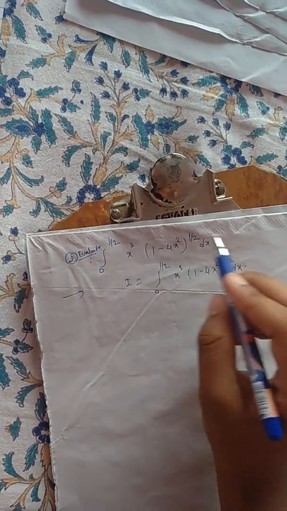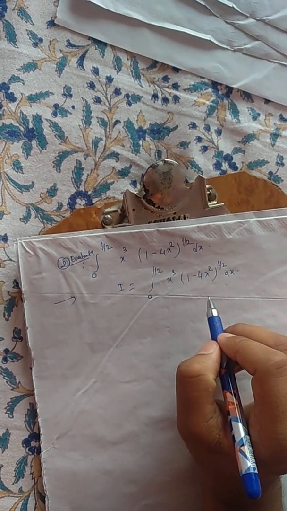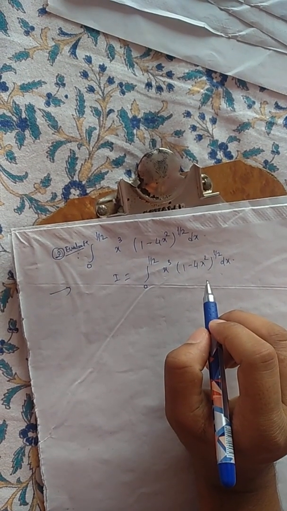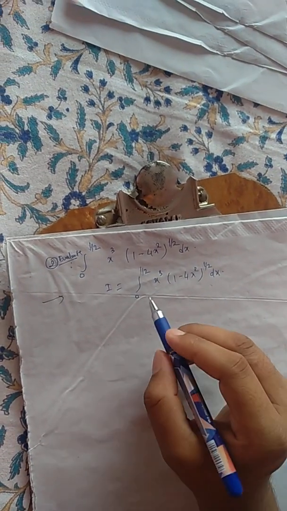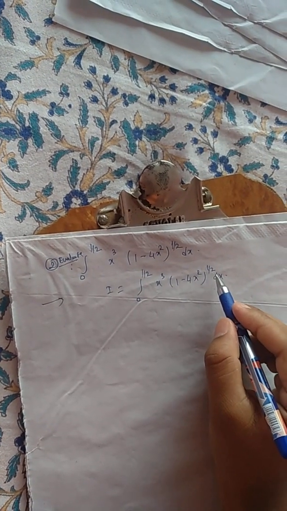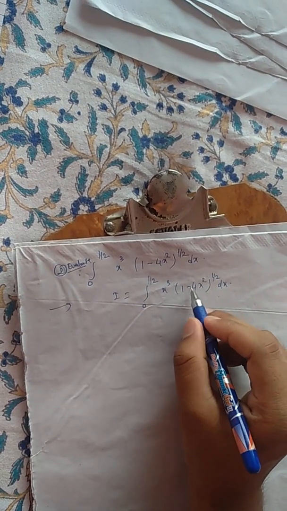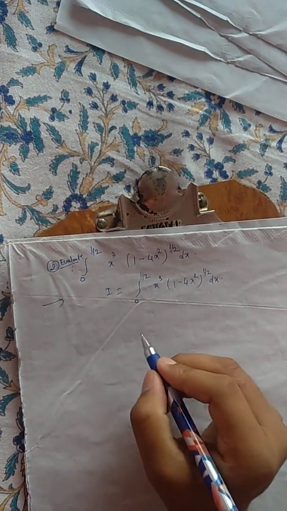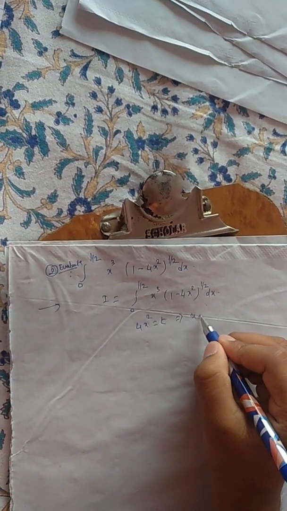Now considering one more problem on beta function, that is evaluate the integral from 0 to 1 by 2 of x cube times 1 minus 4x square to the power 1 by 2 dx. Fine. I am considering that I is equal to that given integral, that is 0 to 1 by 2 x cube 1 minus 4x square raised to 1 by 2 dx. Now in the same way we put 4x square is equal to t, and the value of x is equal to